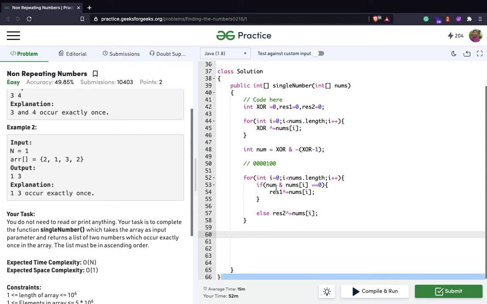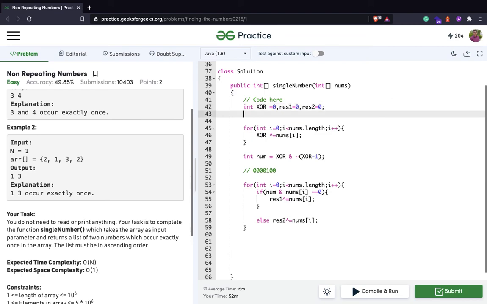Now we have got both the variables, and we need to return them in an integer array. So let's create an integer array of size 2, because that is all we need. Since we need to return the array in ascending order, let's do a check over here: arr 0 will be res1 if res1 is less than res2, otherwise res2.